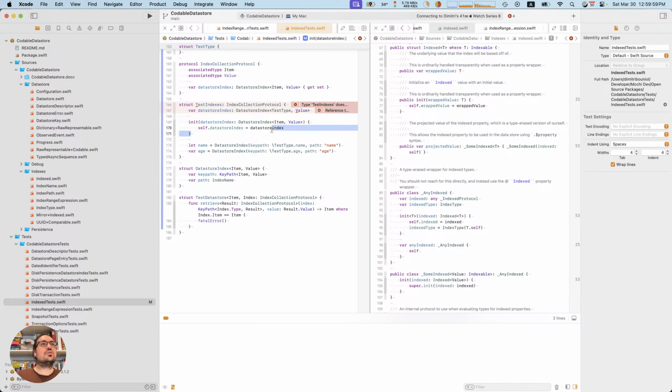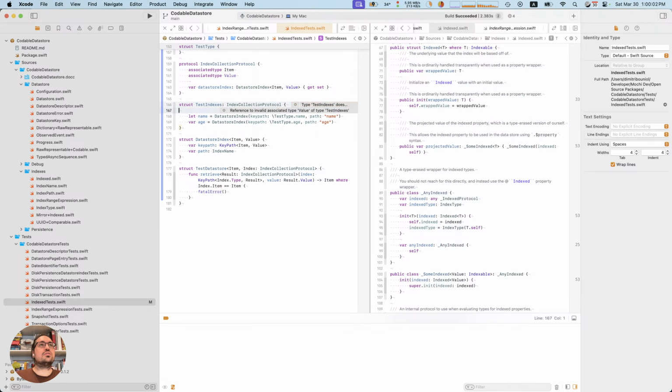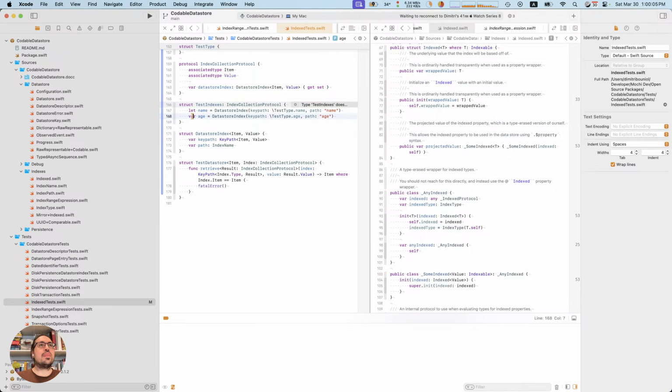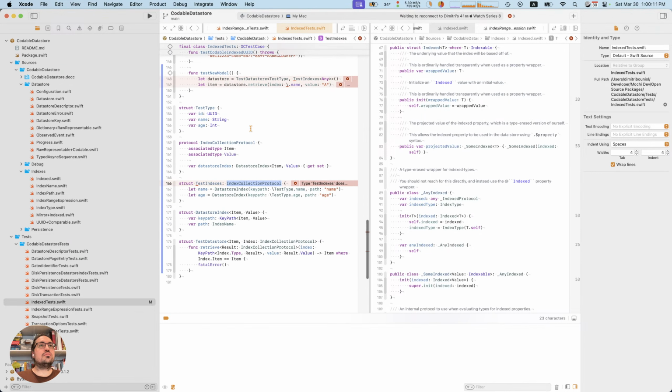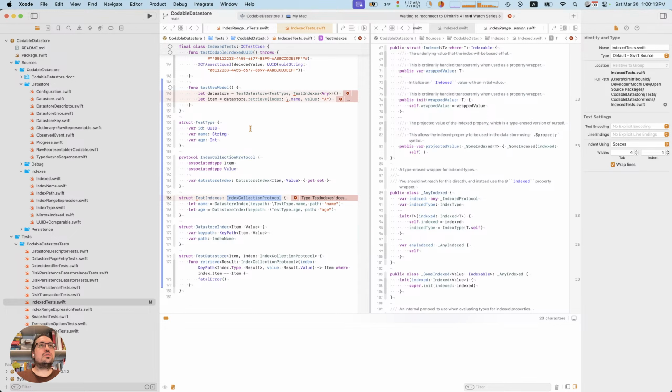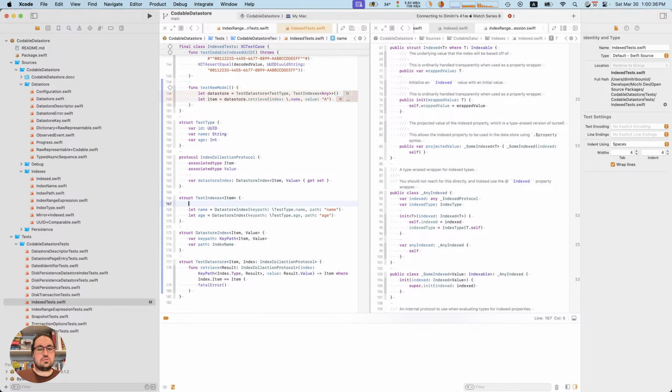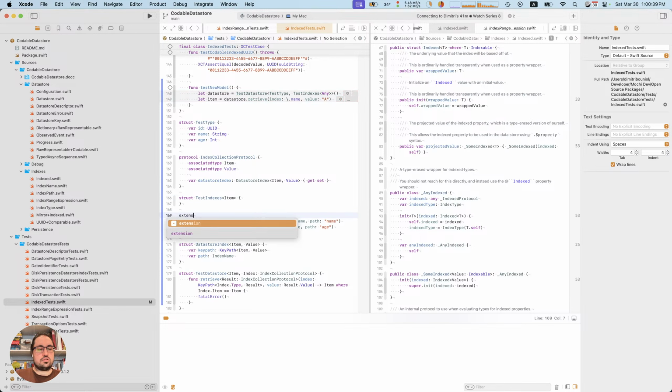Right? Okay, then we don't need any of this. We don't need that either. Here, let's go ahead and have an item. And then that can extension